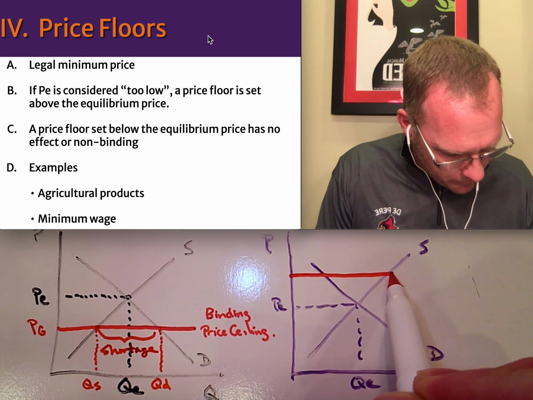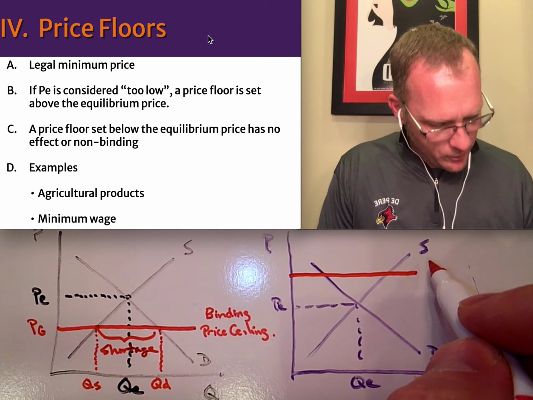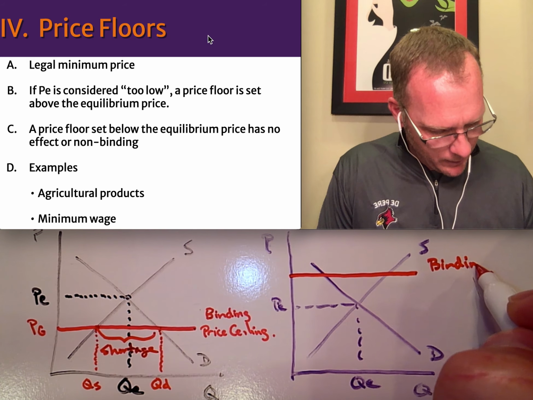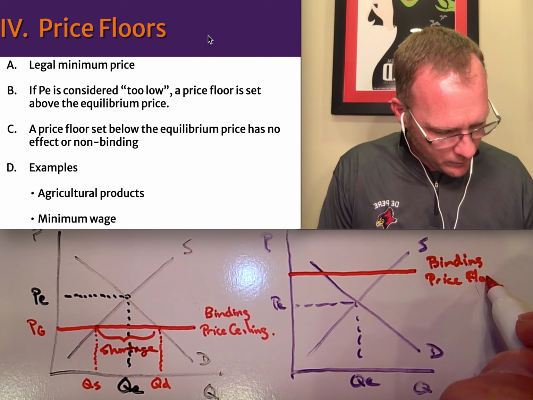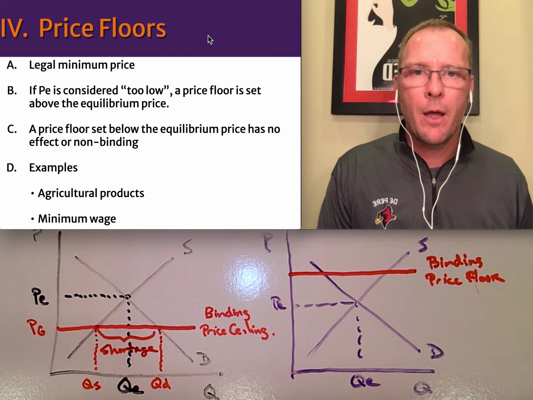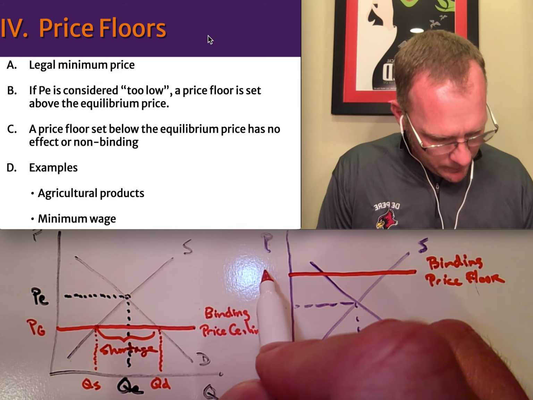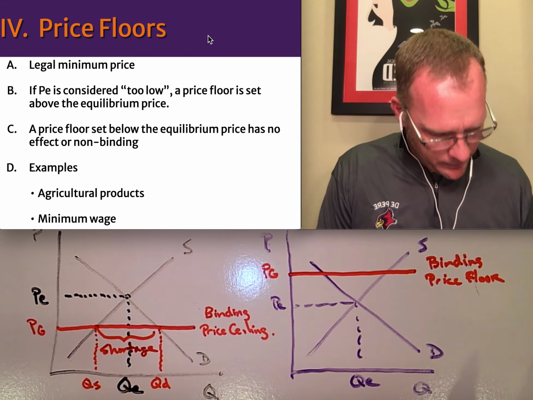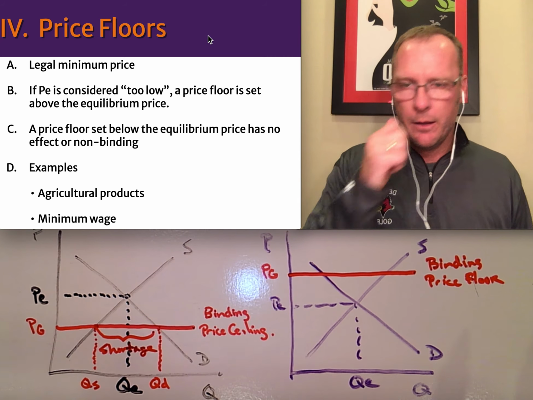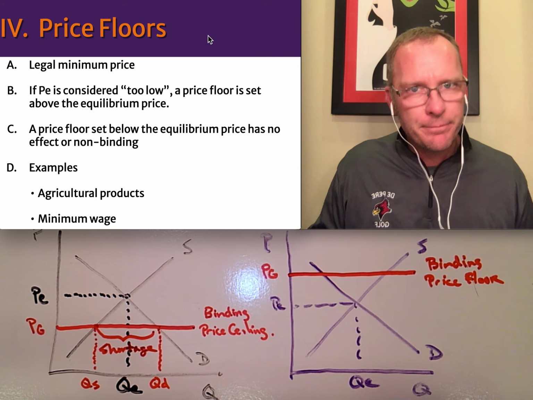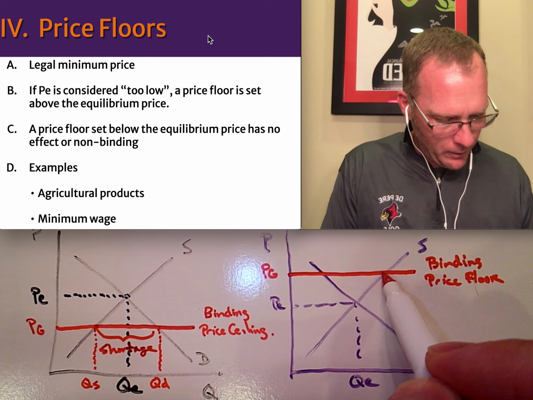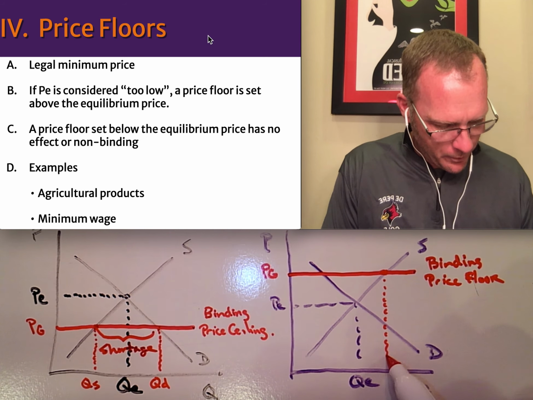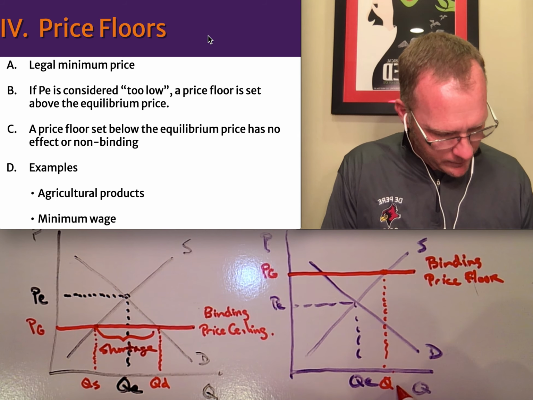And again, up here this time, this is going to be working. So it's going to be a binding price floor. All right. Now, this binding price floor is the government price that they put in place up here. And the government price is going to have some problems because this time our suppliers are happy, right? I'm supplying out here. I'm going to supply more stuff. I'm going to have quantities supplied here.